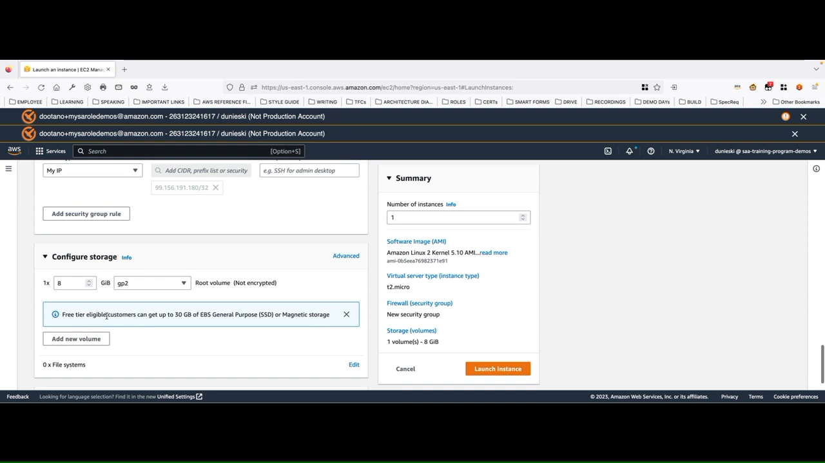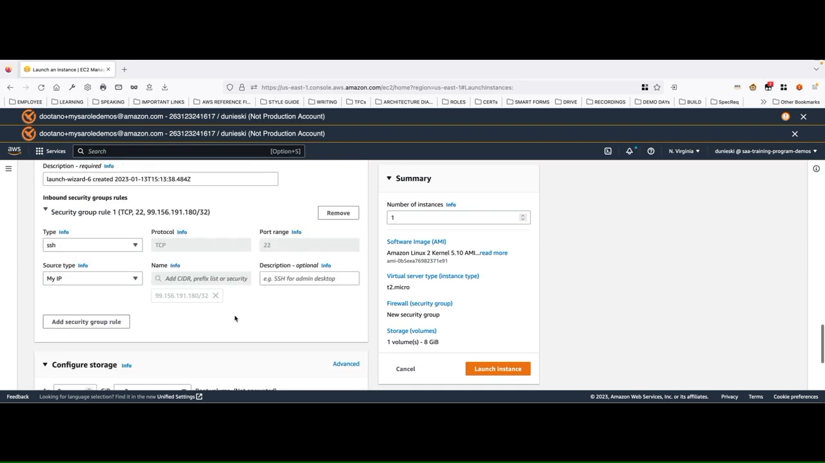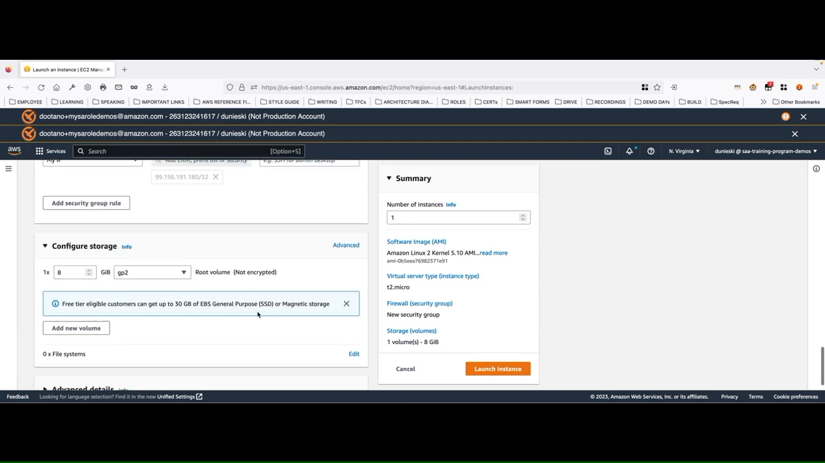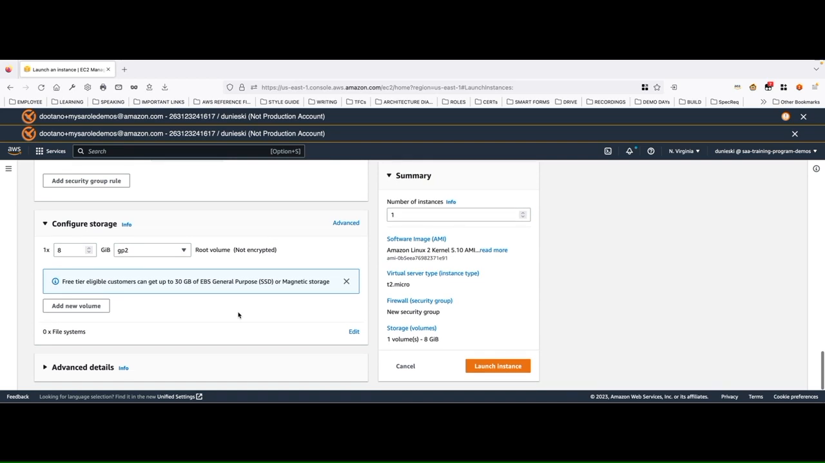We are in the free tier, as you can see here, and we get up to 30 gigabytes of EBS general purpose volume or magnetic storage, right? Remember, 750 hours and up to 30 gigabytes of EBS volume for general purpose. That's inside the free tier, right? So let me go ahead and launch this instance. And while the instance is being launched,